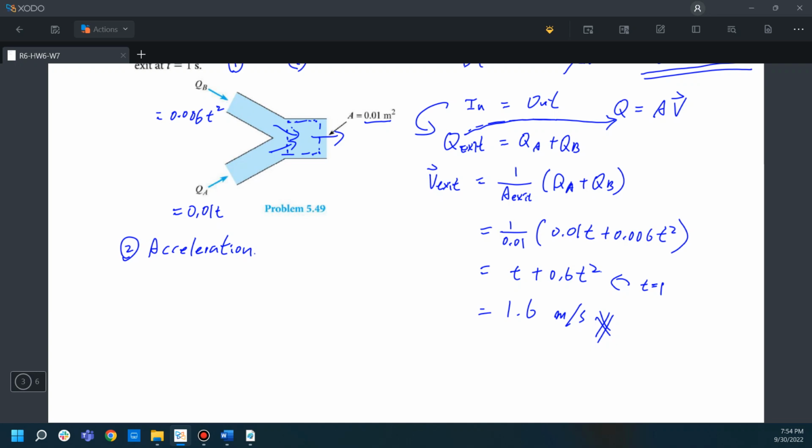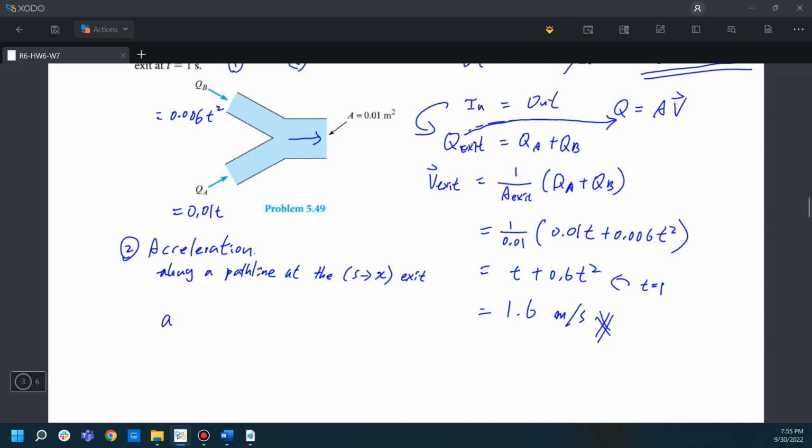We want to solve the acceleration along a path line at x equal to the exit. So basically, this is saying that we want to solve the acceleration at the middle of this tube at the exit. And to do that,